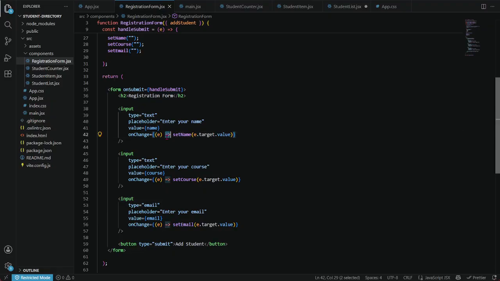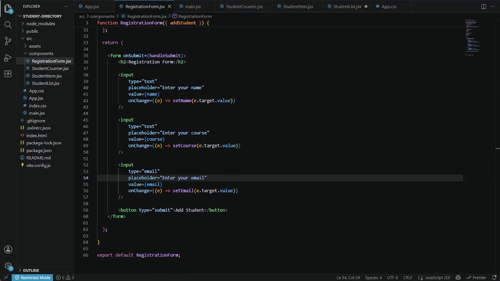This one is to input the user's name and then the course and the input email, and then after that you click the submit button so that the form is submitted and the handle submit function runs.